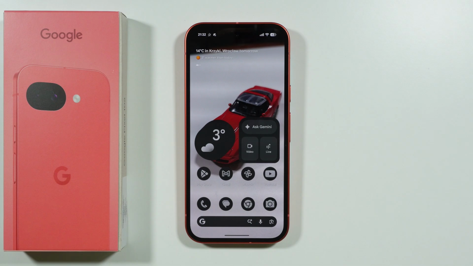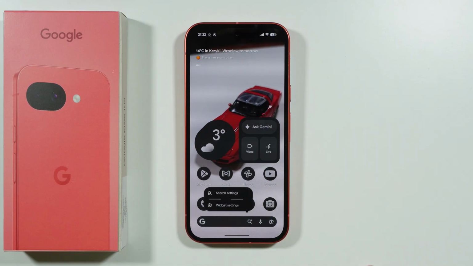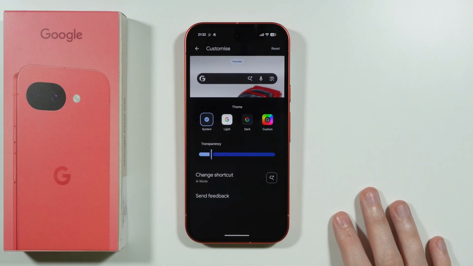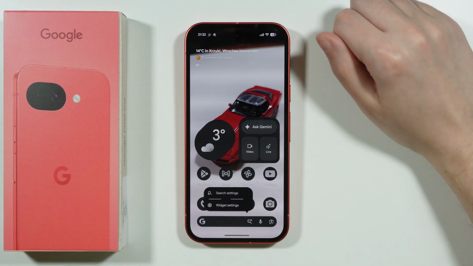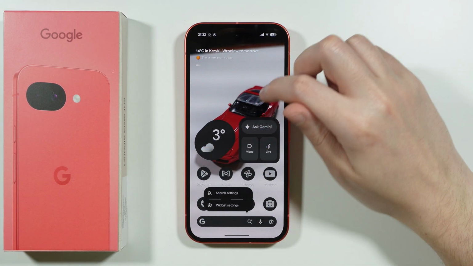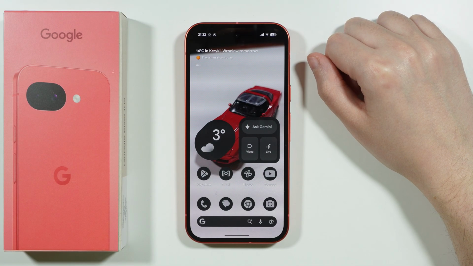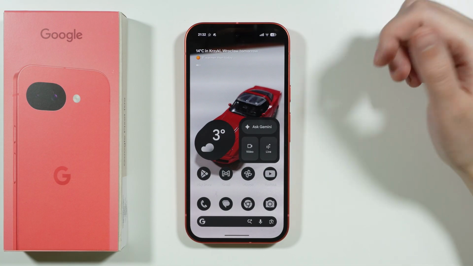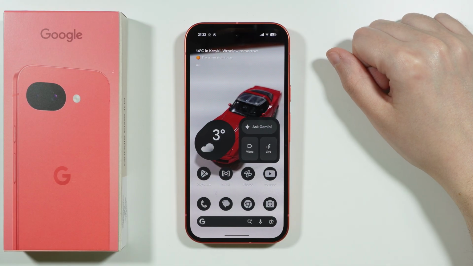If you are wondering if you can move or remove the Google search bar that we have at the bottom of the home screen on Google Pixel 10a, then the answer is unfortunately no. There is no way to get rid of this widget if you want to keep the default launcher on your phone. The only solution to that problem is by simply installing a third-party launcher that gets rid of the Google